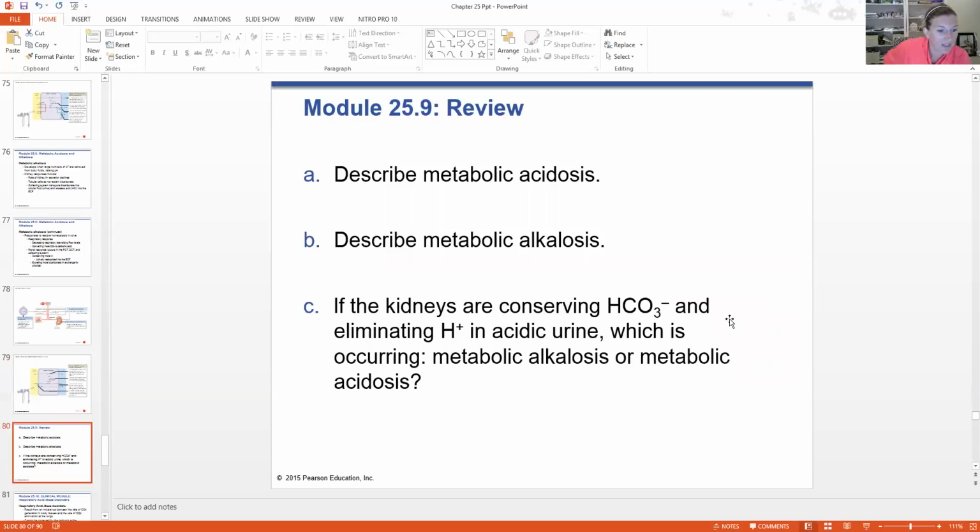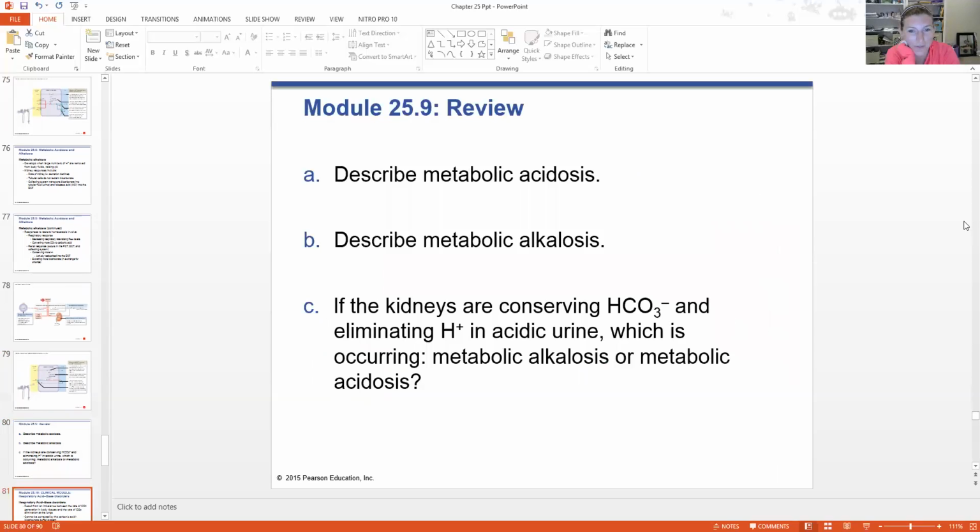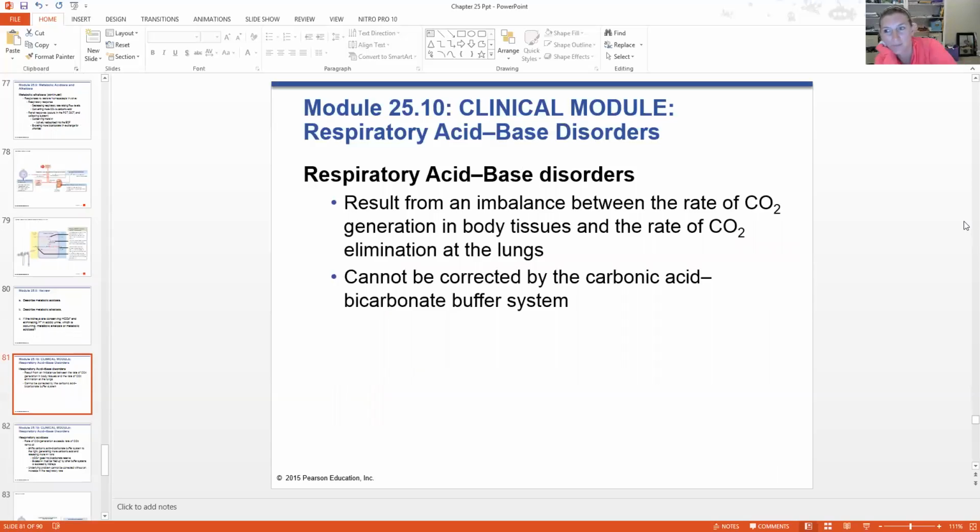I think I am going to pause the video. We only have 10 more slides. Never mind. You can pause the video here and go back and review this section about alkalosis and acidosis. We just have a few more topics to discuss in this chapter, and then I have a few of my notes that I just want to go over with you to make sure that you understand everything